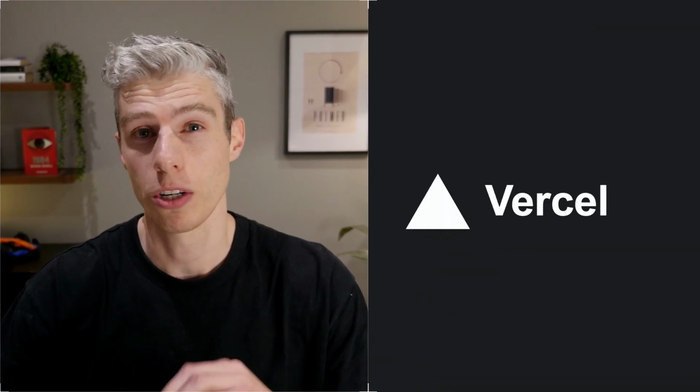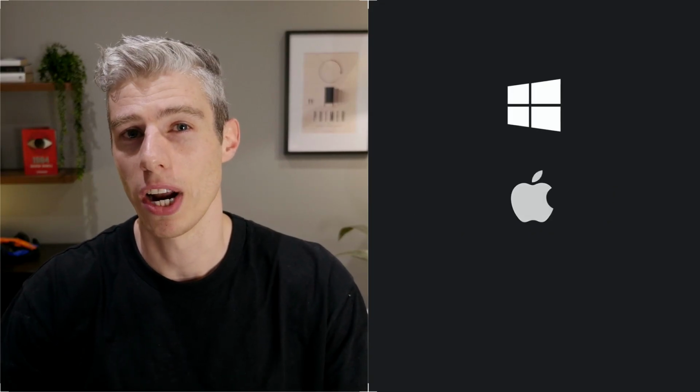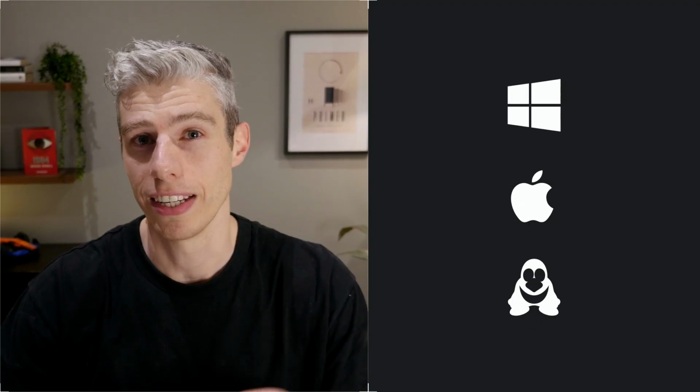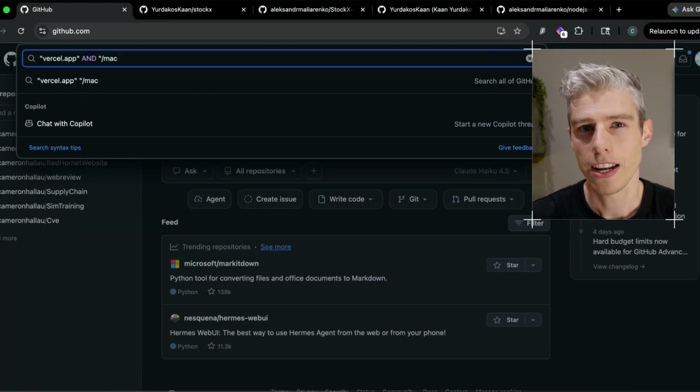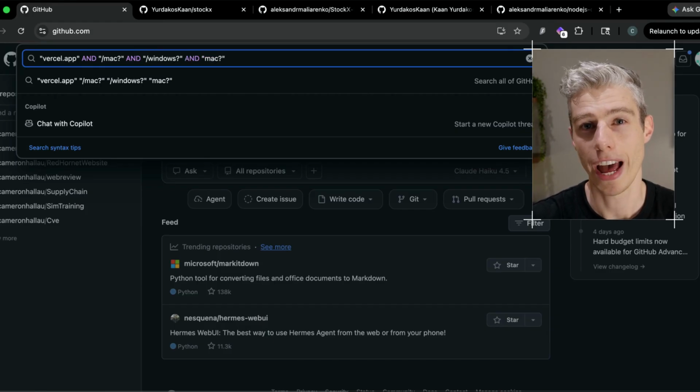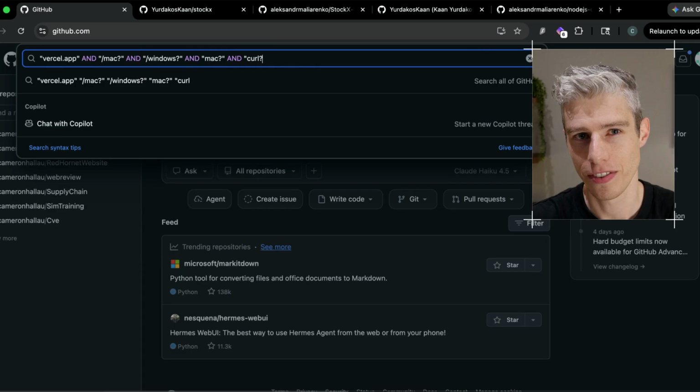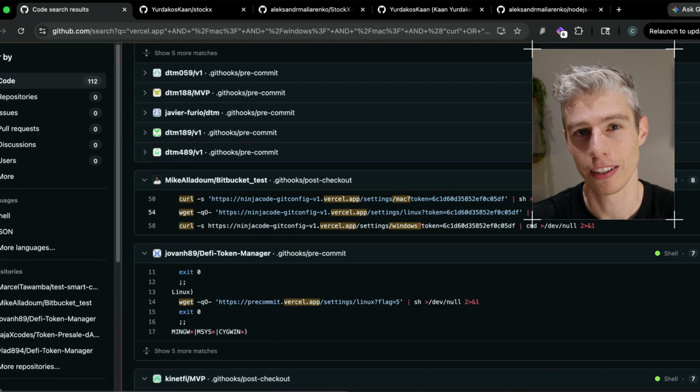Typically, these campaigns store this bad code on a website called Vercel. And before it downloads the code, it will check if you're running Windows, Mac, or Linux in order to give you the right version of the bad code. So let's start there. In GitHub, we're looking for code that mentions Mac, Linux, and Windows, and Vercel all on the same page. As you can see, there are quite a few projects that fit this pattern,